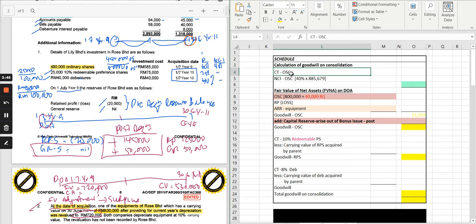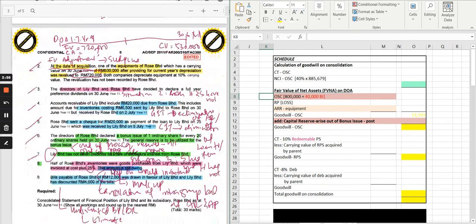But before you calculate goodwill, there are 2 things that I would like to highlight. Before you calculate goodwill, go and check if the additional information or the adjustments that you have here include any fair value adjustment. So in our case, if you can still recall,